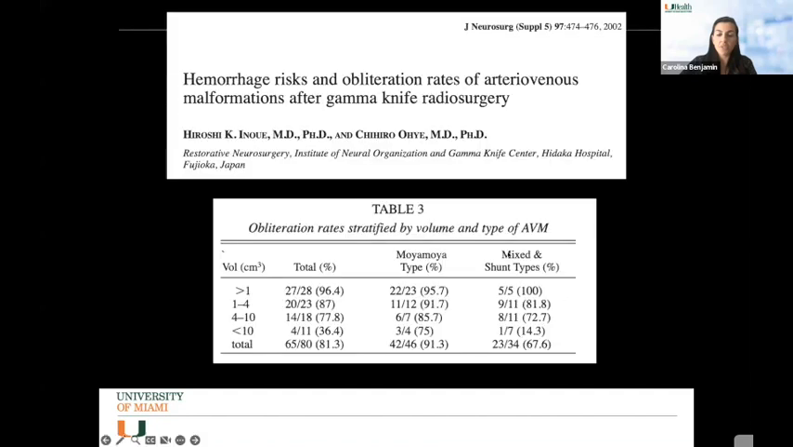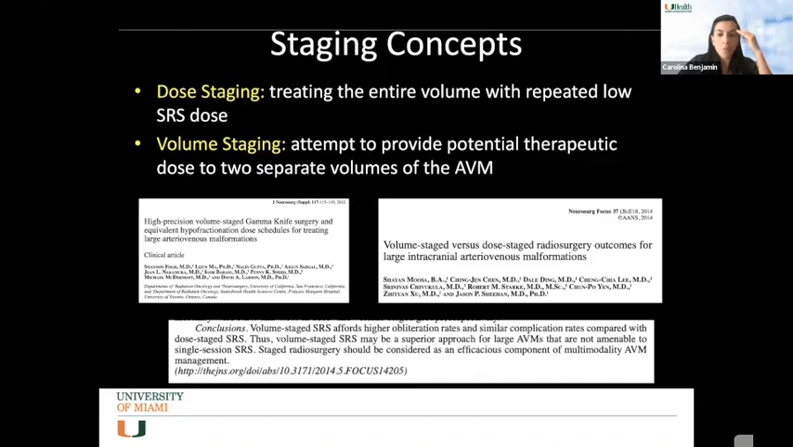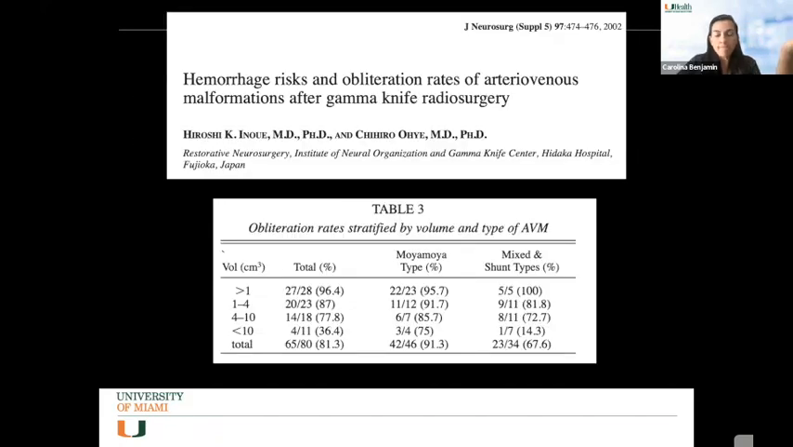And this was another study, again, looking at hemorrhage risk and obliteration rates. And actually, you can see that volume had a significant impact in this study. So we'll talk a little bit more about volume and why that's important. Again, if we're talking about pushing the dose to higher doses, you cannot do that with high